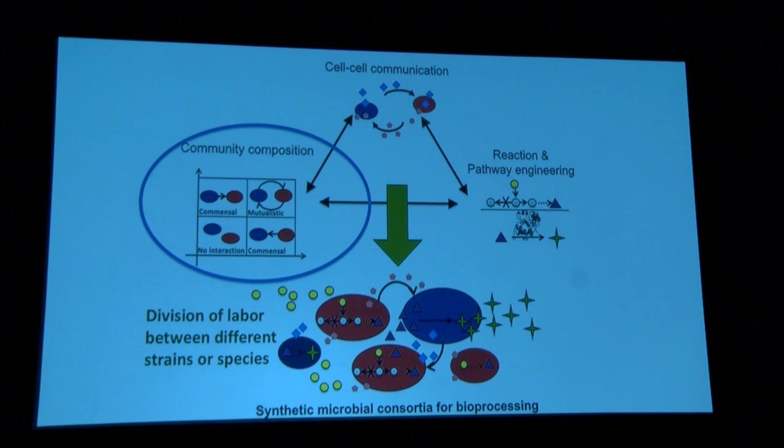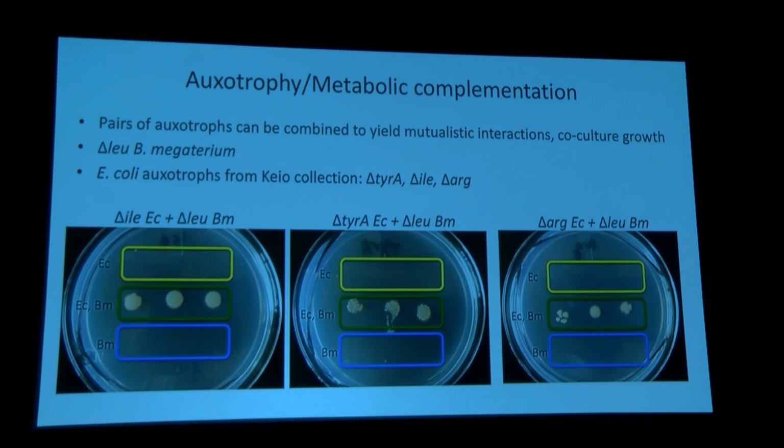And so, of course, apply this to our E. coli and Bacillus combination. We took auxotrophic pairs of E. coli. We just got those from the KO collection, so you can have a large suite of organisms or E. coli strains that can't make a particular amino acid. And we paired that with an available leucine auxotroph of Bacillus. We've recently gone beyond this, but for this we have the one Bacillus auxotroph. And so we can essentially put these together in pairs.